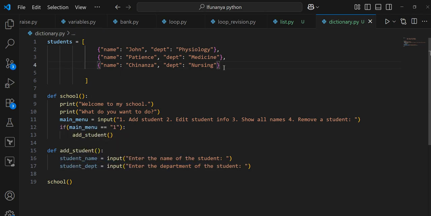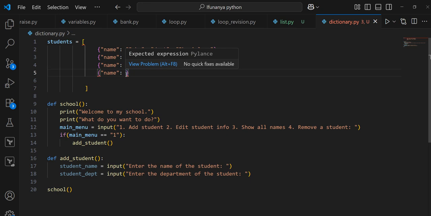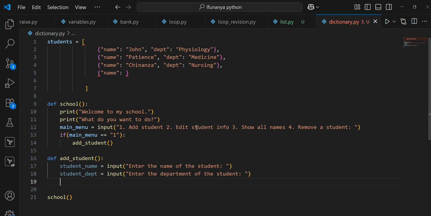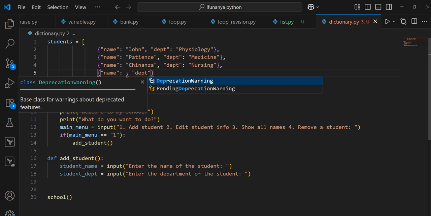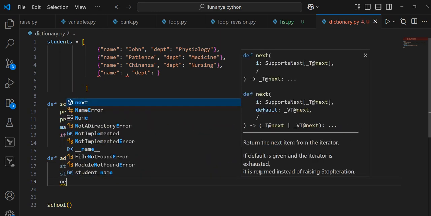So what I want to do is something like this. Name, the value will now be this student name. Do you get it? That is, if the user entered, let's say, Patience A, we're going to put Patience A. Then we will come here, put department, and the value will be whatever the user entered here. So to do that, we can create a dictionary and say new student